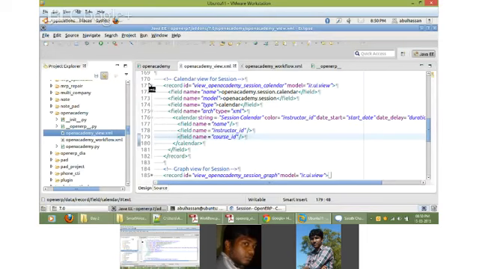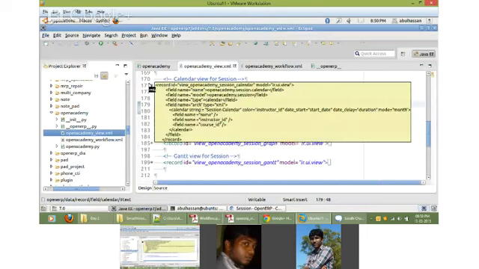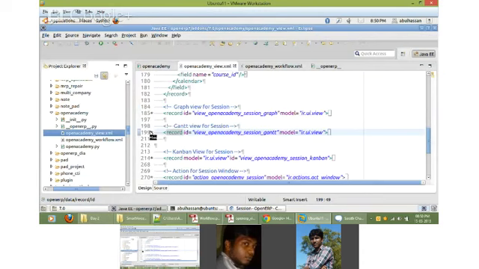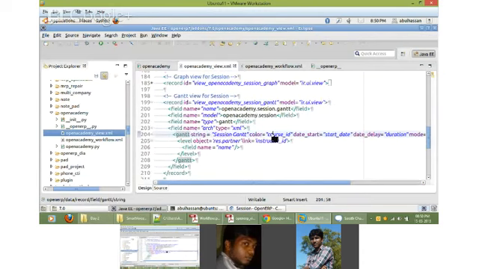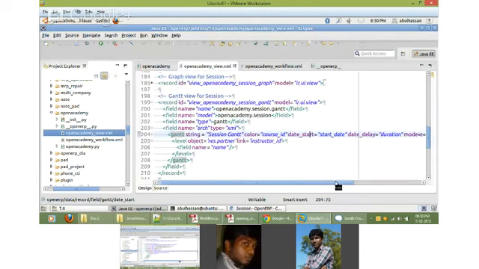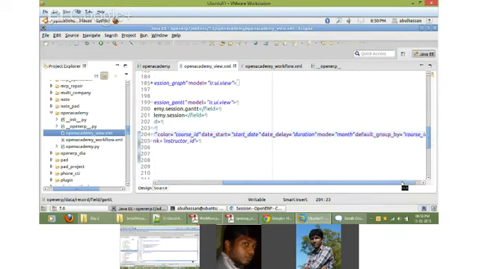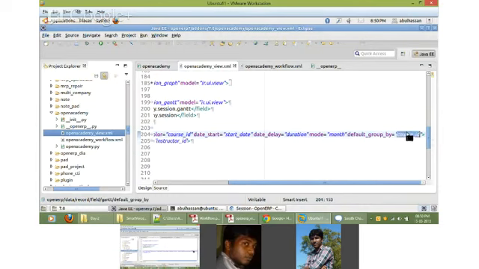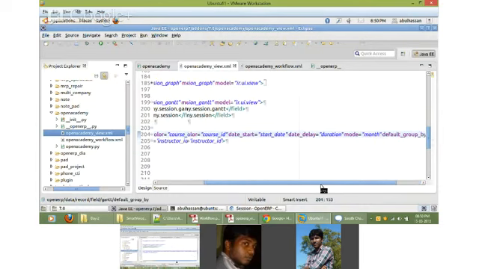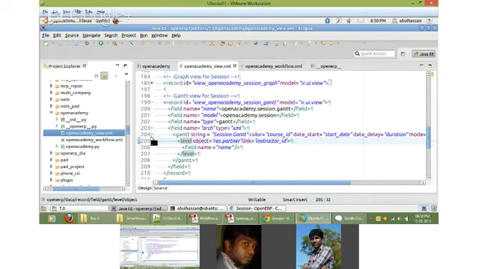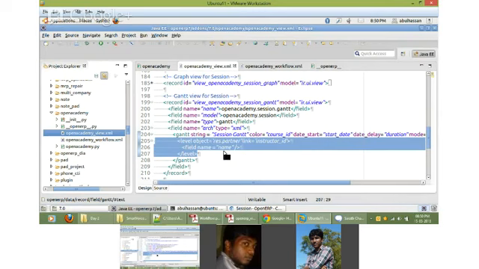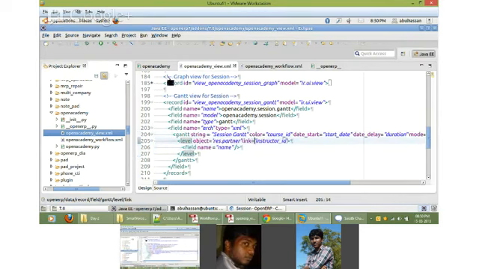That is about calendar view, and let us go to Gantt view because it is very similar to calendar view. Same thing: start date, date to date. The only thing is that this is Gantt. Mode you can also give, and you can give the default group by. Group by which records, and there is another level of group by. Actually, this is not working, sadly. You can go and see Gantt view.